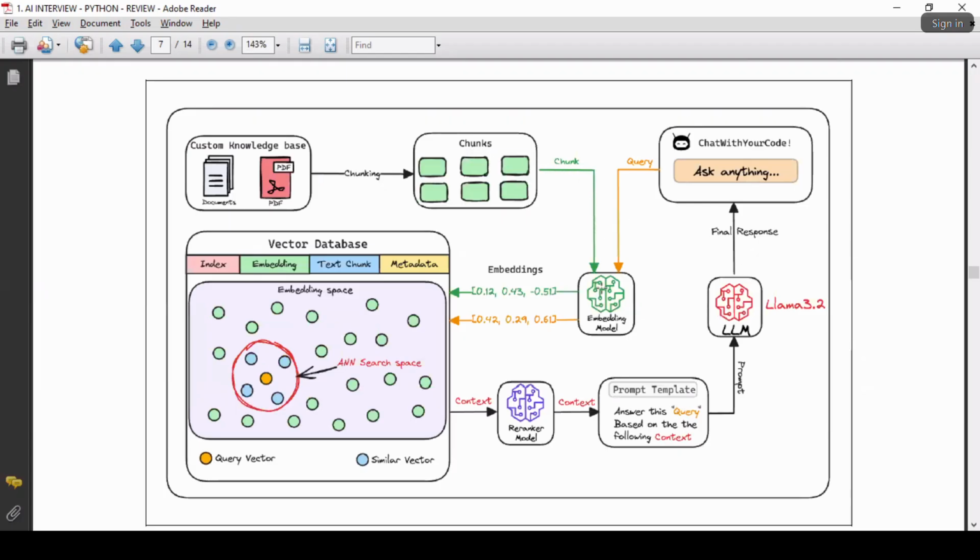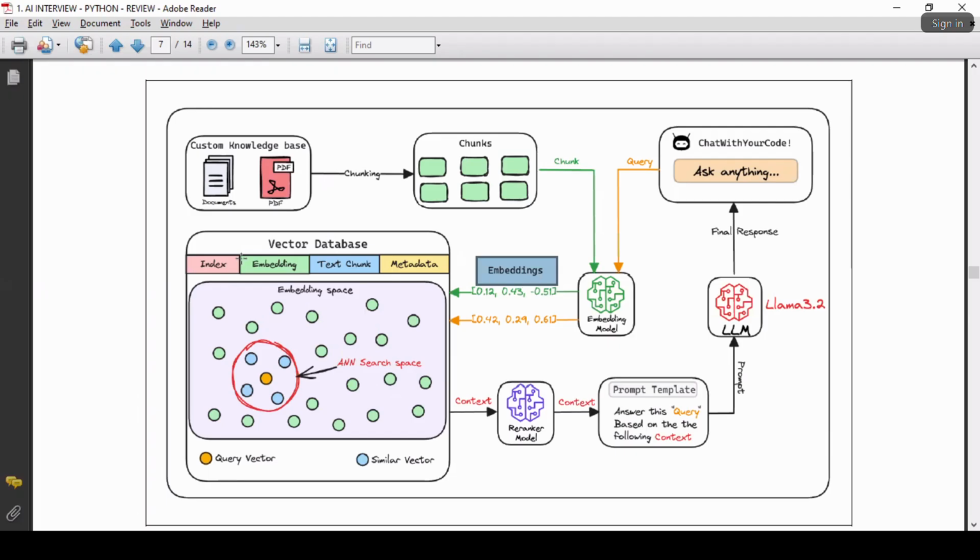So for each chunk, what is going to happen? Embedding. What do you mean by embedding? This is string data and it is converted into numerical data. There is an embedding model in between. The whole data passes through the embedding model. You give input as a string and get output as numerical data, which is the embedding. Am I right or not, sir?